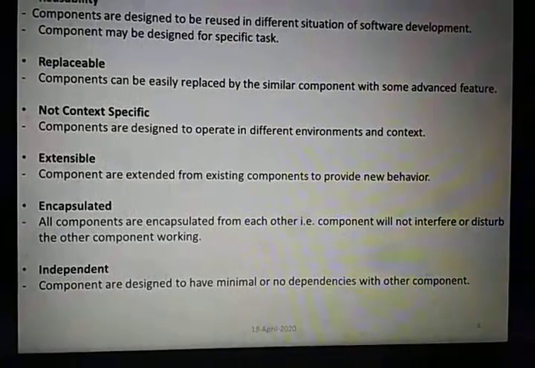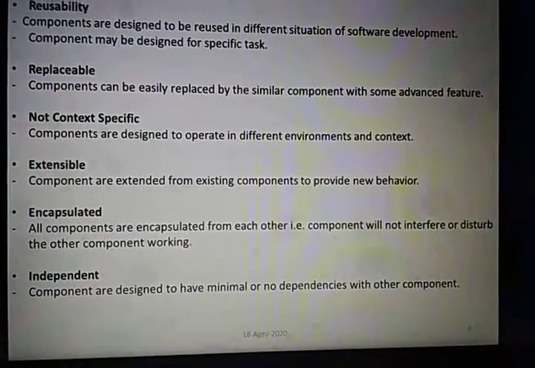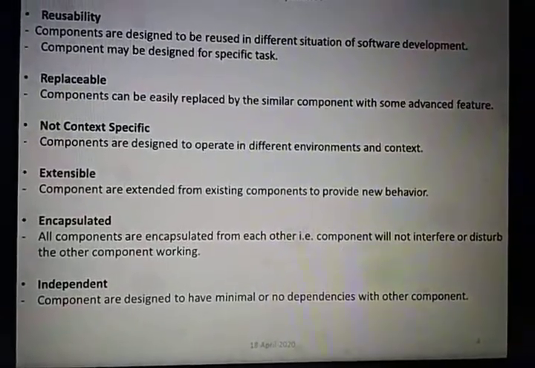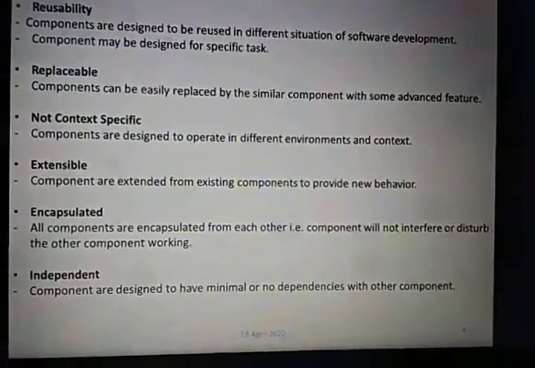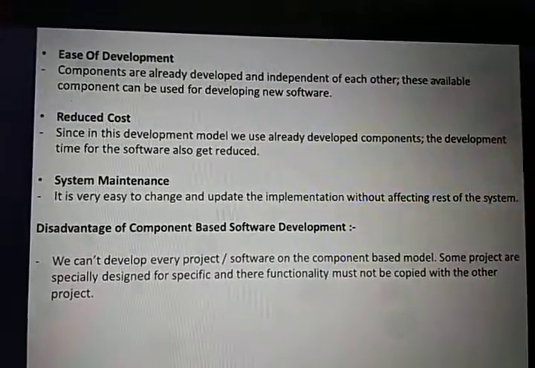Independent means the same thing: components are independent from each other since the functionality of all the components is different. Then we have ease of development. Ease of development means we already have a component.